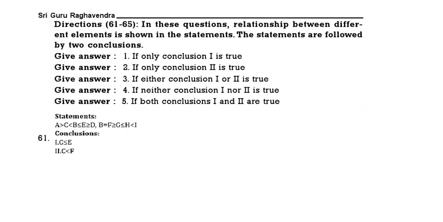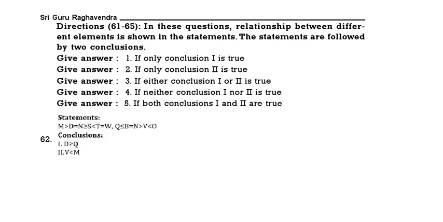First, C less than or equal to E. Now here what is given? C less than B and B is equal to F. So therefore C less than F we can say. Then C less than or equal to E does not follow because only less than follows. So only 2 follows. Next question.